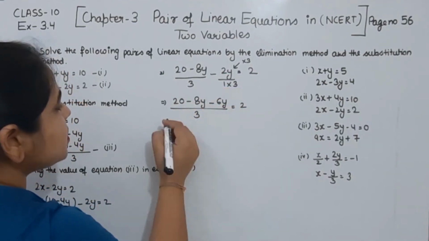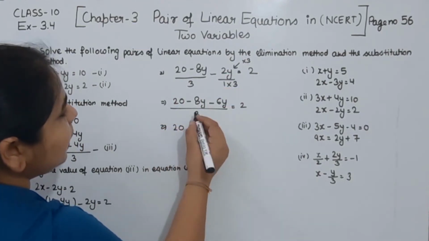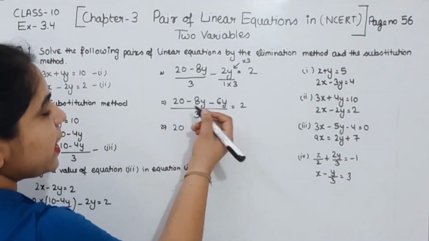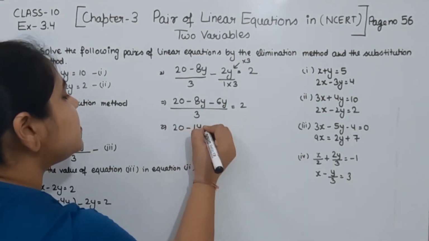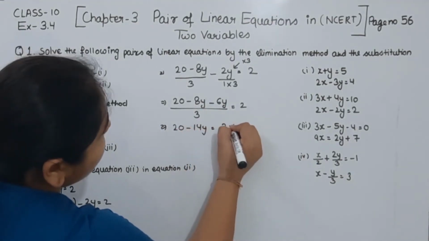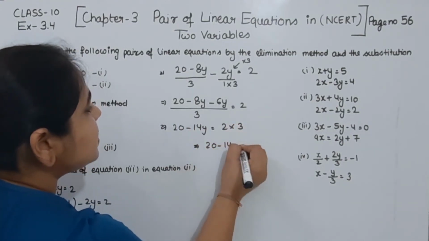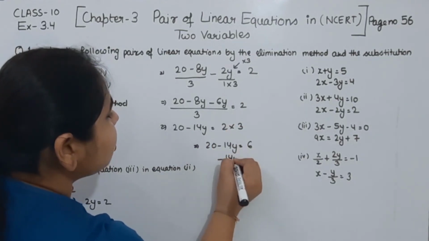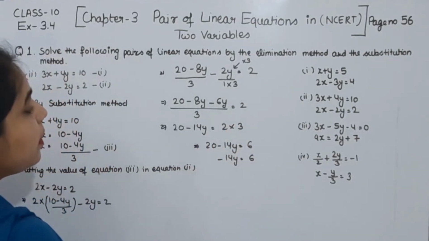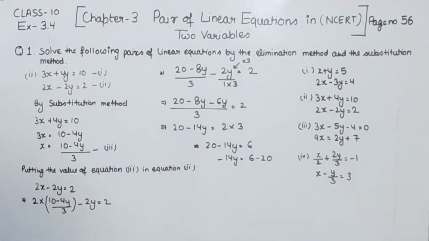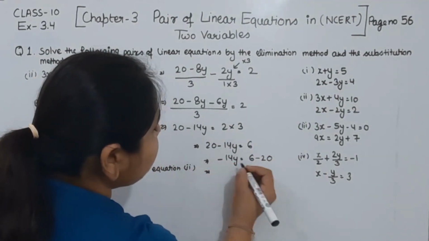Now I'm going to transpose this 3 here. Here we are having 20 and 6 minus 6, and minus 8. Minus and minus plus, and the sign remains minus. This one we are having is 14 by 2 multiplied by 3. So 20 minus 14y is equal to 3 twos are 6. Now we are having 14y. We will transpose this 20 here. It will subtract by coming from the left hand side to the right hand side. So we are having minus 20.